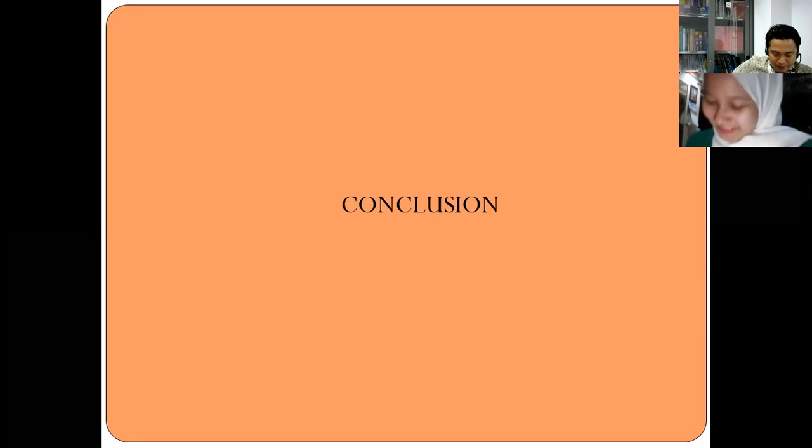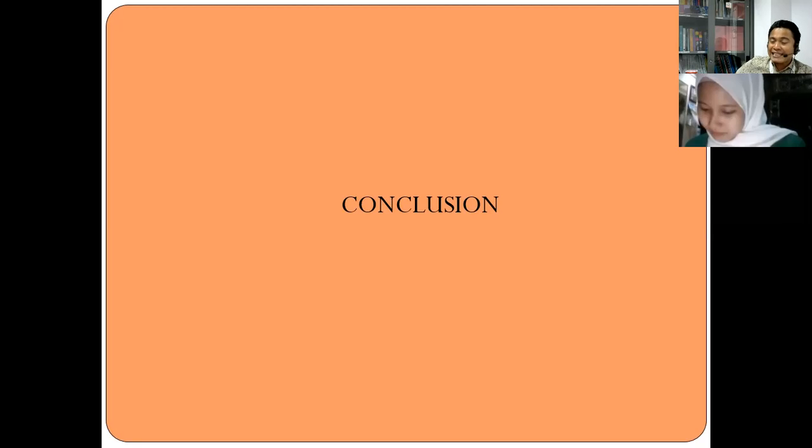And then reading strategy, you are quoting from Sutarsa. Do not use Sutarsa. Use Vanden and Rubin here. That will be better. And then next, teaching reading. That's okay, but you have to put more: teaching reading based on the school. Here it is for junior high school. So it is not simply teaching reading because that is still a general one, a common one, but you have to put also teaching reading for junior high school.